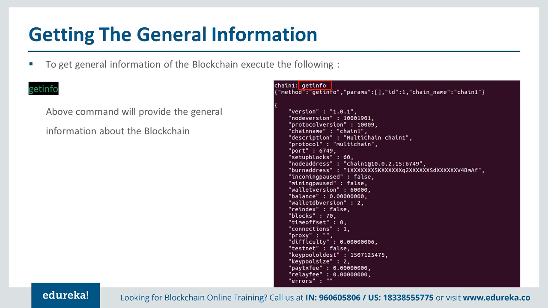If you remember, we gave this port while connecting. And these are how many blocks can be created, what is the initial balance, what is the wallet version. These are some of the difficulty target, testnet, et cetera. These are the values that we gave initially. The same thing will be displayed here as well if you run it from the other node, because we are using the same chain.